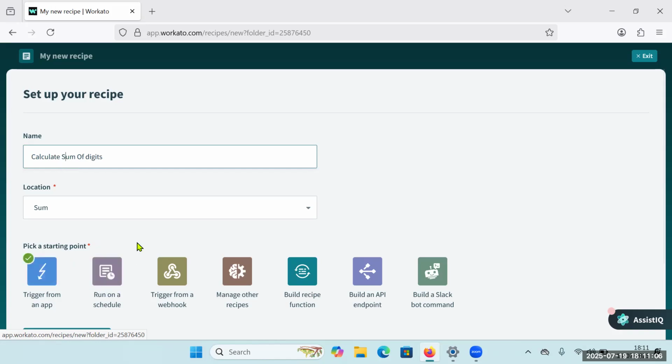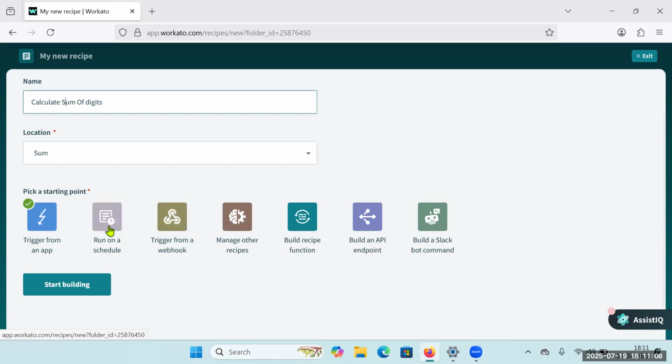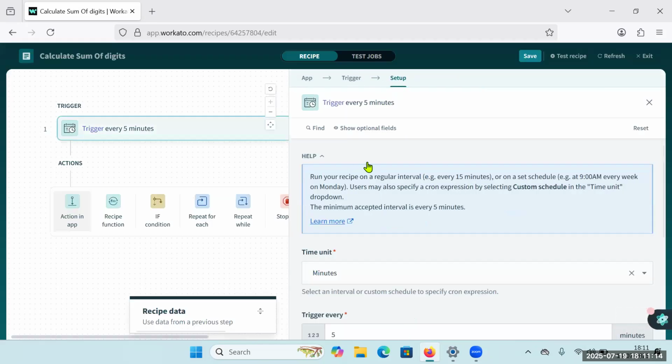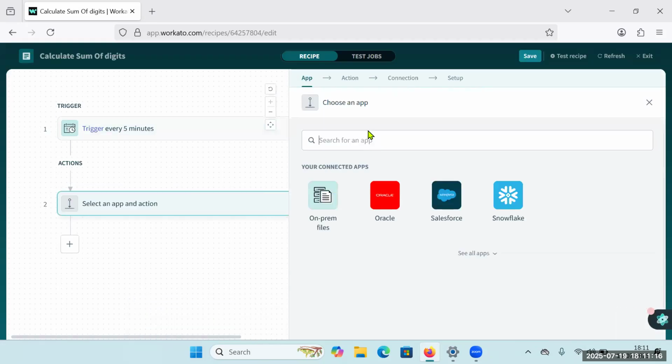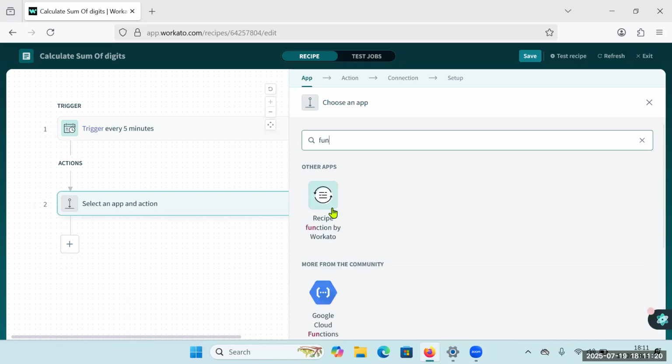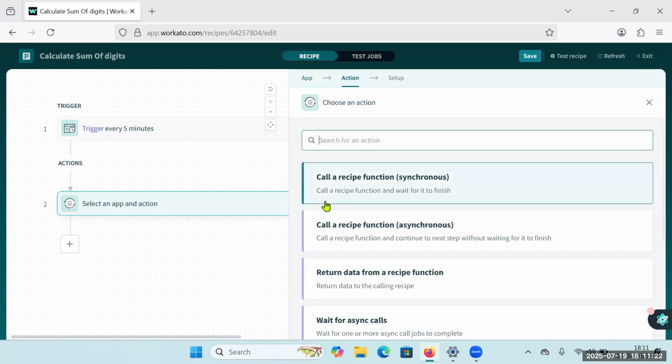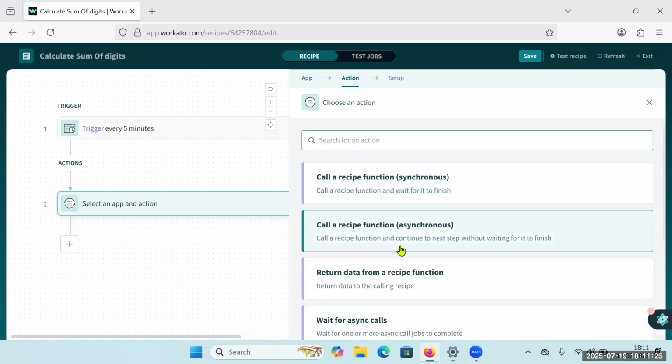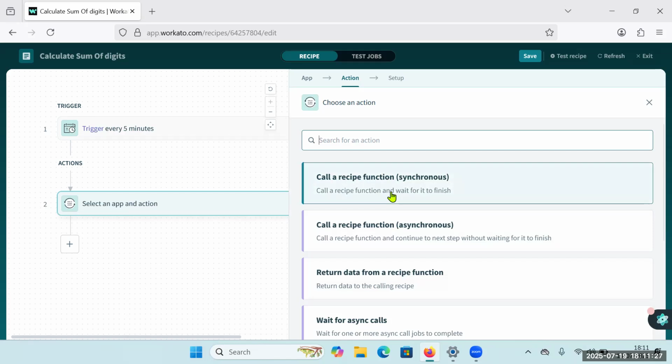So you can take a look at the scheduler trigger. You can take the default scheduler and call an action here, and you just type the function. So you can say recipe function by Workato. Using this, you have a lot of options to call. You can say call a recipe function,